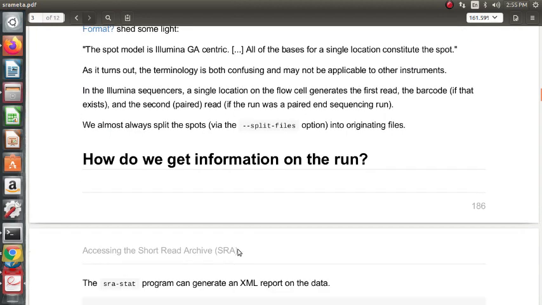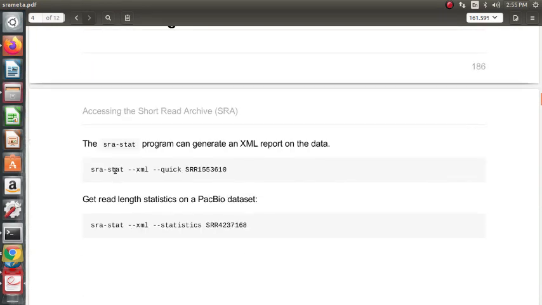So how do we get information on the run? There's this tool called SRA statistics. So let us take this.